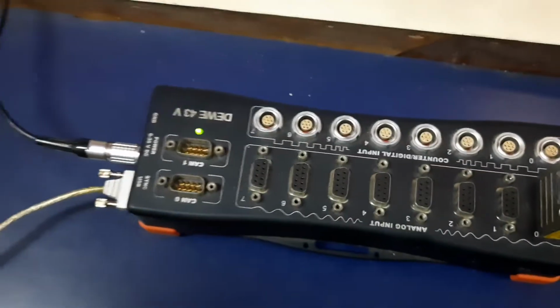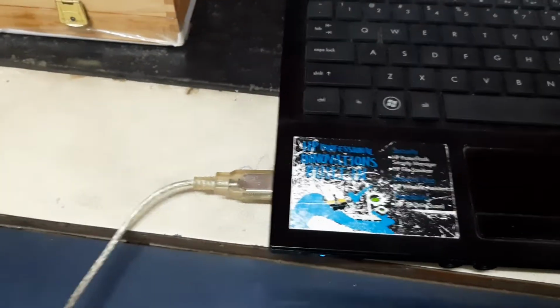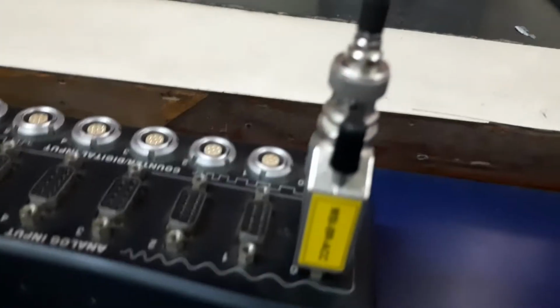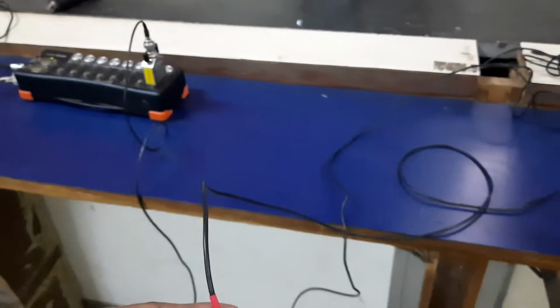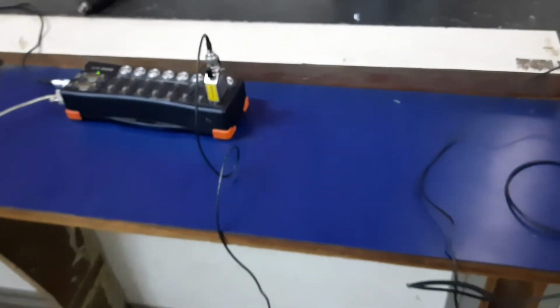This is an important thing when you are going for vibration analysis. We have to make the connections also. One end is connected to the power supply, and one end is connected to the computer laptop, connected to the software. Then this is called the MSI adapter. Can you find it? This is the MSI adapter, and it is connected to the accelerometer. I hope that you got it.